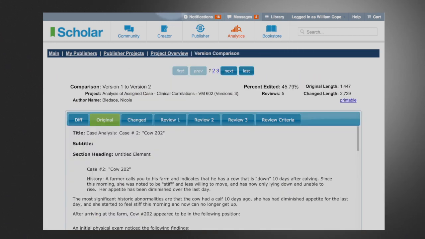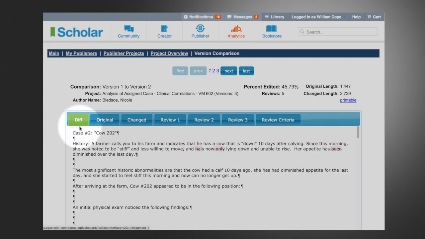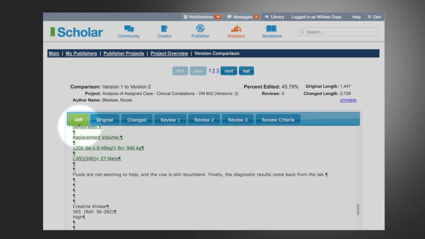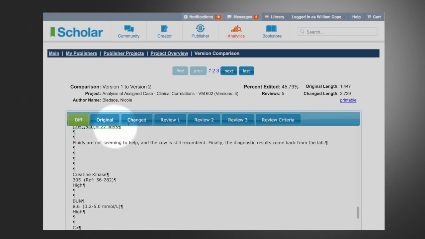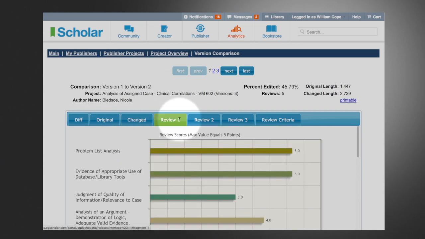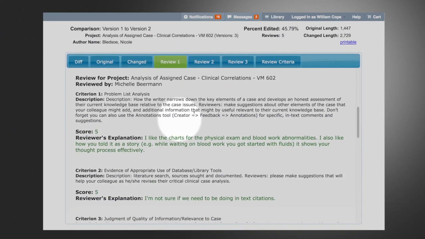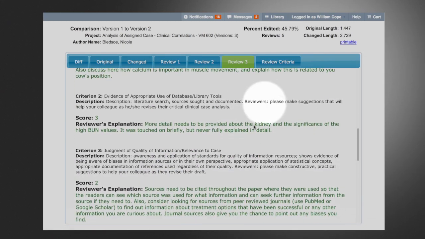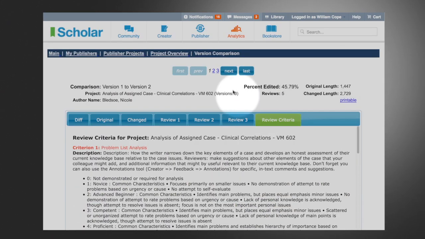Well, we can go down and we can look into an individual work, we can see the original work version 1, the changed work version 2. We can analyze the differences. The green bits are things that have been added. The red bits are things that have been deleted. We can look at that's the change version. We can look at review 1 there. We can look at review 2 here. We can look at review 3 here. We can look at the review criteria. And that's just comparing version 1 and 2. And in fact, we have an enormous amount of data here that we can analyze,